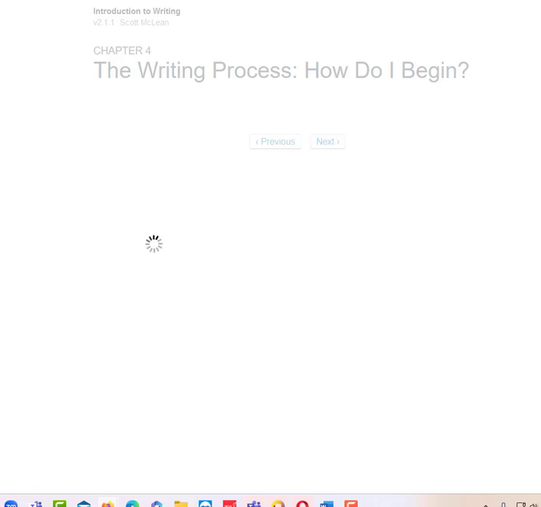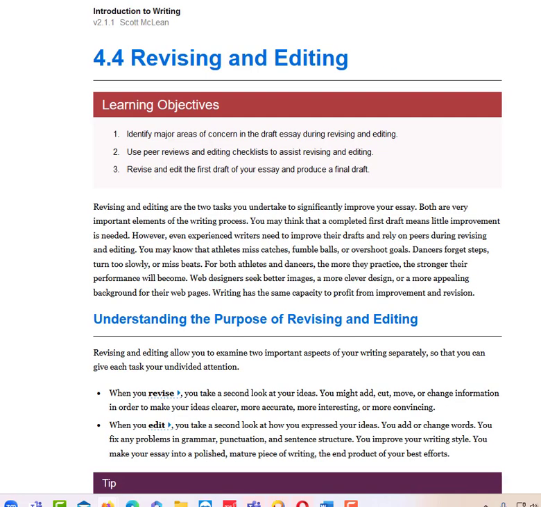section 4. Chapter 4, section 4 is about revising and editing. Revising and editing is the last stage of the writing process. The first stage is pre-writing, where you decide what you want to write about and write an outline. The second stage is the writing stage, where you transfer your outline into a 5-paragraph rough draft. Then the last stage of the writing process is rewriting,